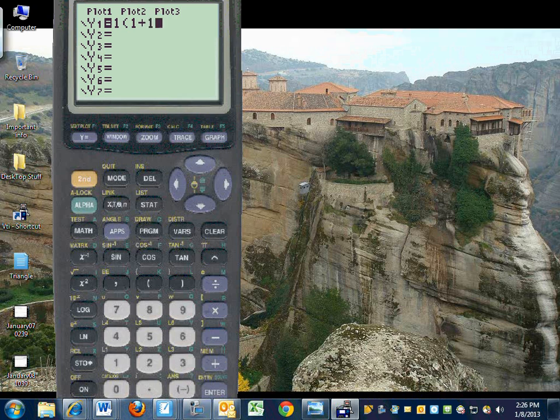Okay. 1, go 1 divided by x, parentheses, then go to the x. It'll do 1 divided by x before it does the 1 plus. Now, if you go into your table,